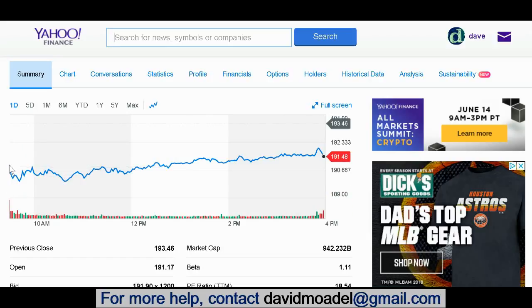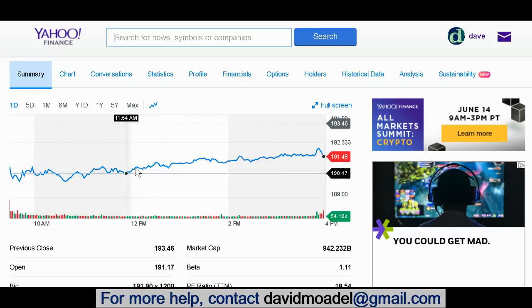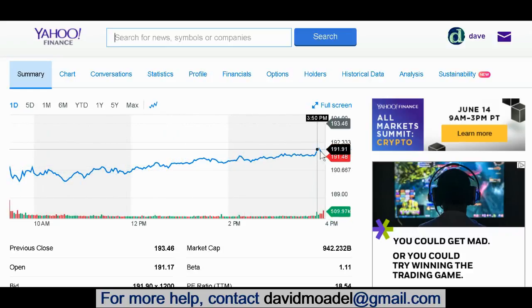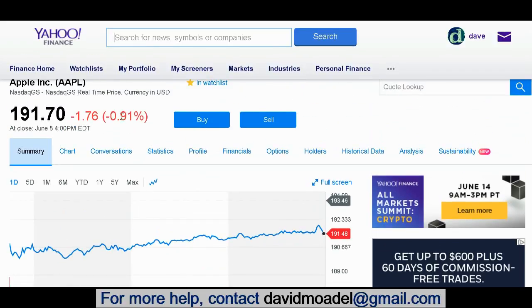So this line here shows the price. It started up here, and it actually shows it on the right side of the screen. It started the day at $190.89 for one share of Apple stock, and then the price went down and then went up and down. Over the trading day, it slanted upwards a bit. Not a huge price movement. But what's interesting is, since it does look like it went up, how is it possible that it's down for the day? It's down 0.91%, or $1.76 per share.